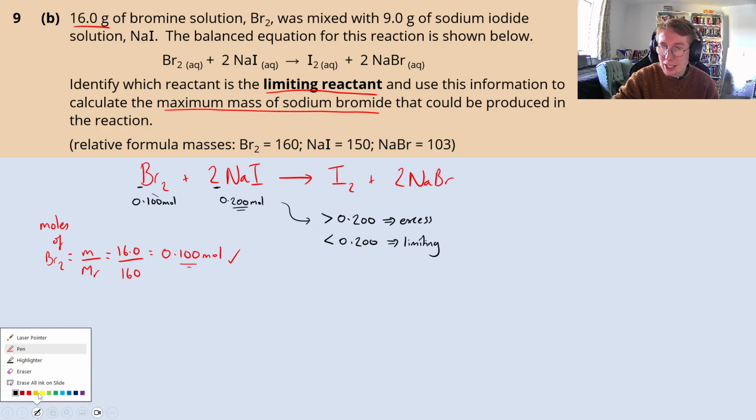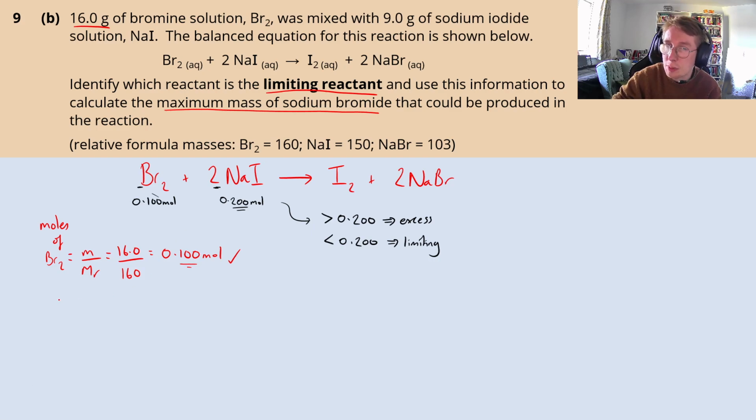Let's find out exactly how many moles of the sodium iodide that we have. So moles of NaI is equal to the mass, which is 9.0 grams, we're told in the question, divided by the relative formula mass, which we're given as 150. And that gives us an answer of